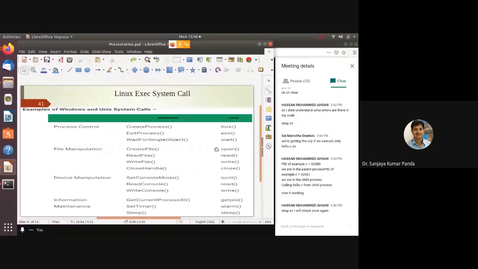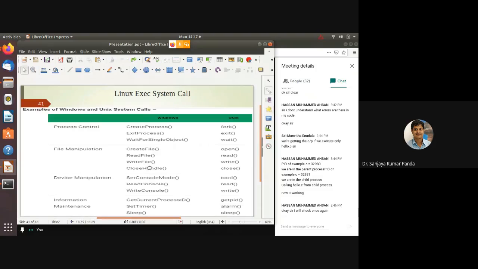Like that in file manipulation, already you have used open, read, write and close functions. There are equivalent Windows functions also you can use. Like getpid you also discussed. You can use sleep, alarm, these functions are also used. You can create a process; for creating we are using fork. In order to exit a particular process, you write exit 0. In order to wait for a particular signal, you have to give time to others. For example, as a parent, you want your child to execute first, then you will execute. In that case, you can use the wait function.